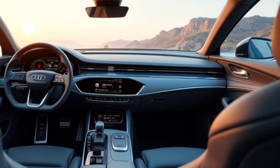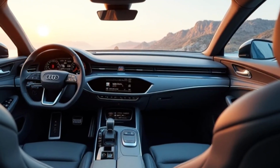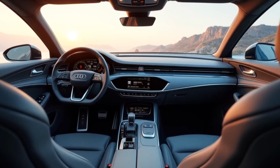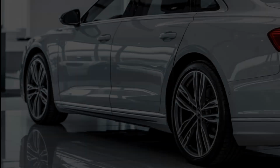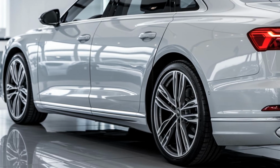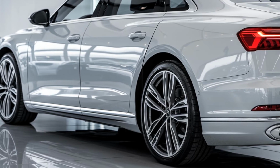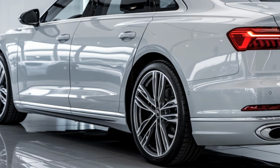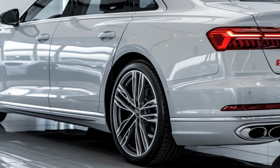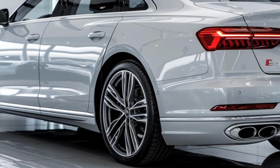The front seats are adjustable in a multitude of ways, ensuring you find the perfect driving position no matter your size. Audi's Virtual Cockpit Plus is one of the highlights of the interior. The digital driver's display is sharp and fully customizable, giving you all the information you need at your fingertips, from navigation to performance metrics. The center console is dominated by a dual touchscreen setup, where the top screen handles infotainment